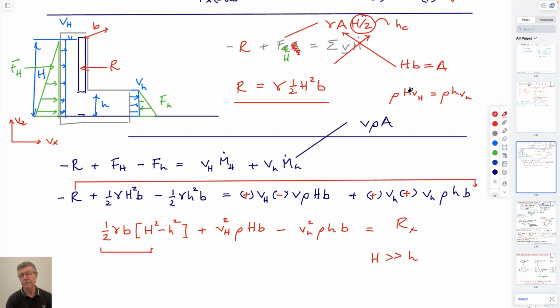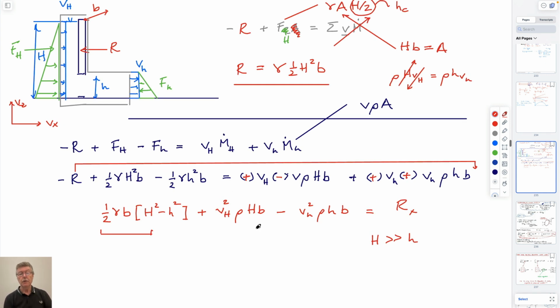So if this goes to a big number, then this goes to a small number to compensate, just from continuity. So from this, we know that in the limit, this term will approach zero, maybe, and